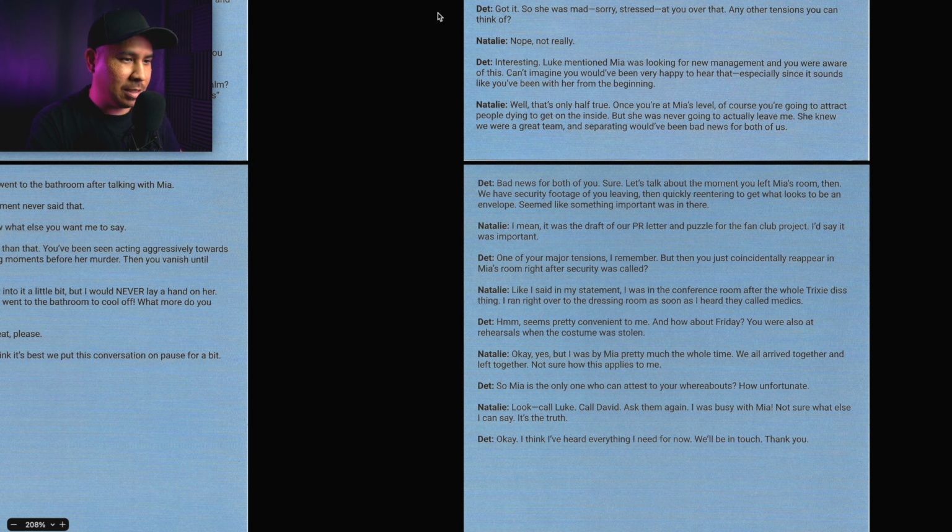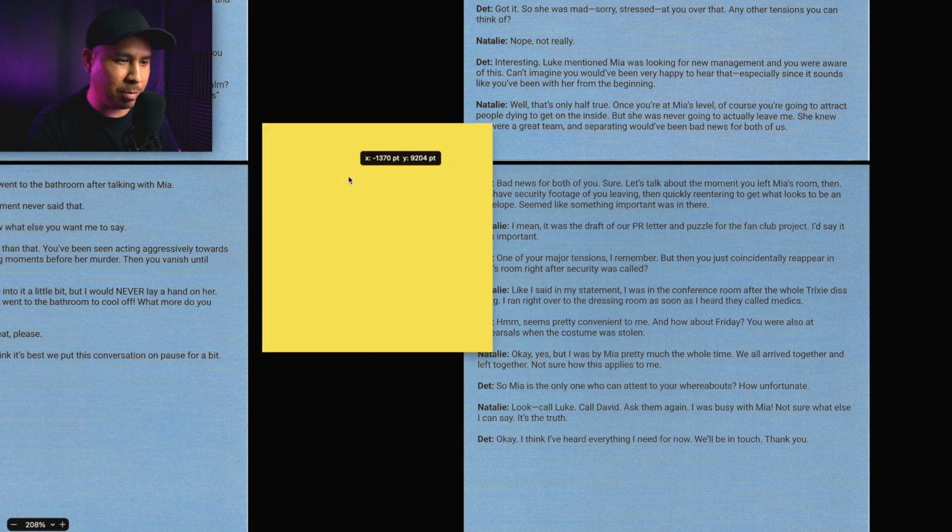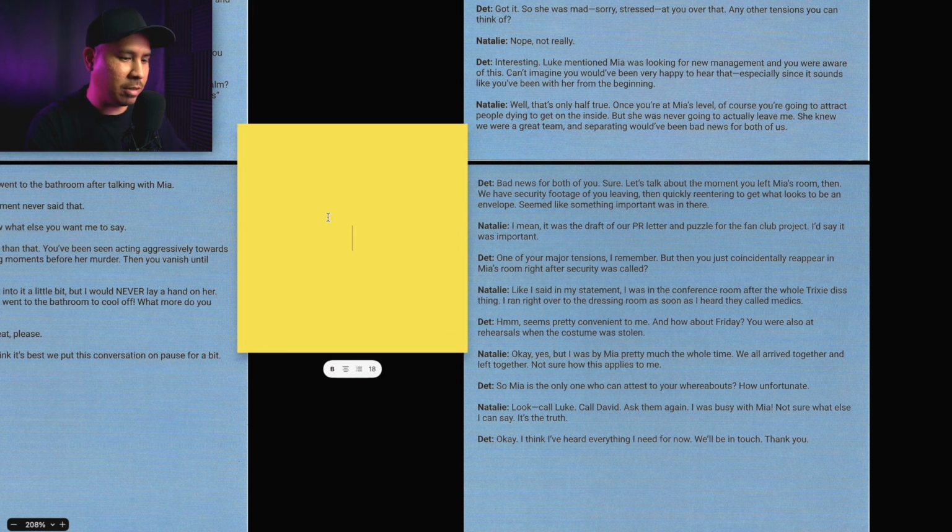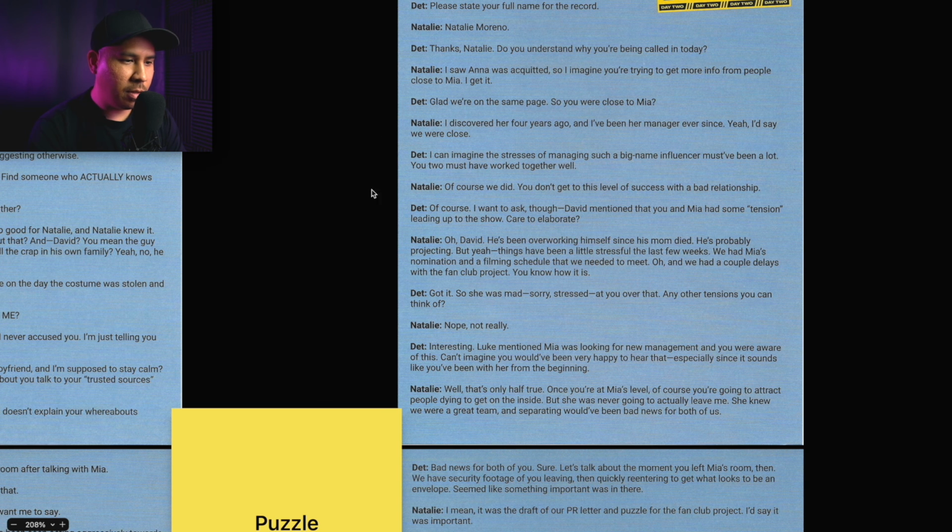Okay, well, let's see. One thing that stood out, of course, is this puzzle. We will definitely get to this. I don't know what other new info I got from this. We already understand Natalie's motive, which would be revenge because she was about to get let go. It's not really a strong motive. I know during day one I thought it could be her, but the motive is just not there. I do feel like there's something important here though.